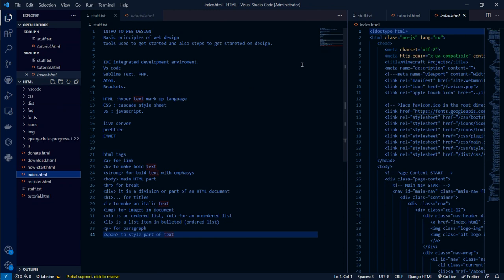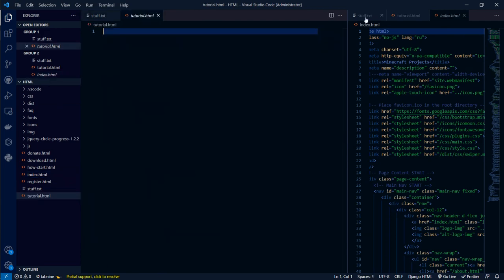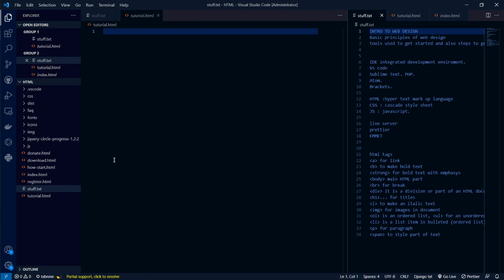Okay, good. I want to have those things open by the side, and then have this open here, and also have stuff.txt open here. So now there's something in HTML called HTML tags. HTML tags are basically the entire building block of HTML. What makes HTML is the tags. Before you can achieve anything, you need those tags to be functioning. And if your tags don't function, well, nothing else can. So let me show you guys how these things work.